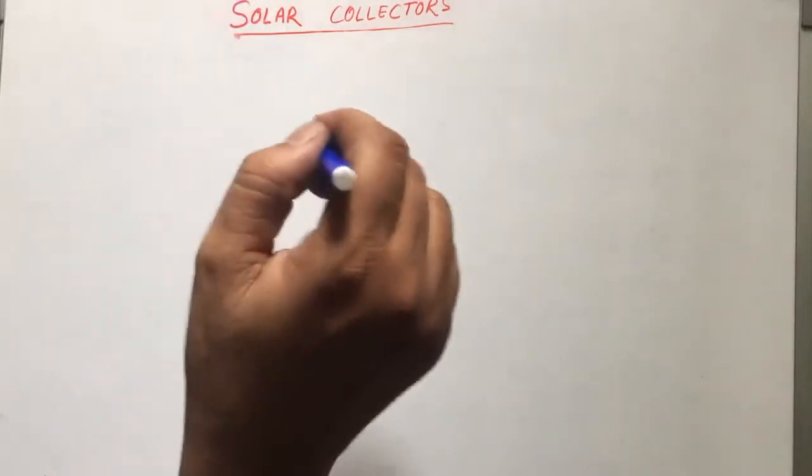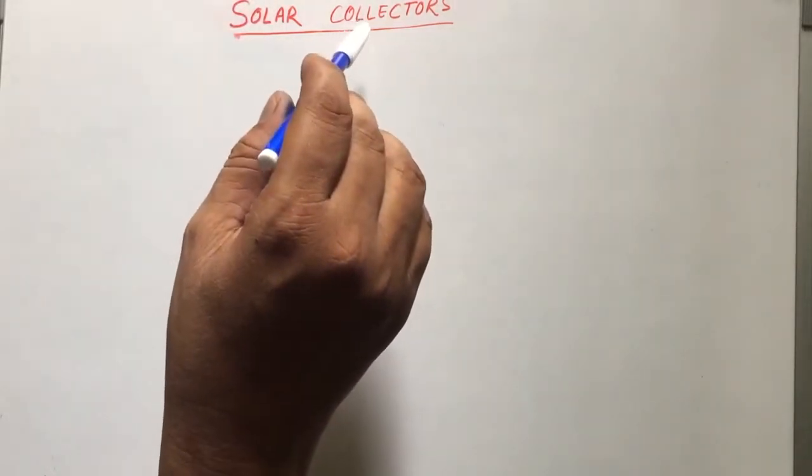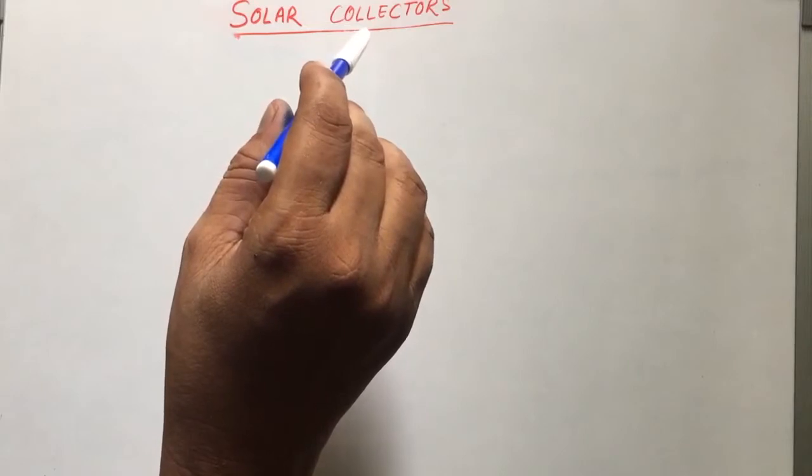Until now, we have studied the solar radiations and the energy available in them, and we have derived the relationship to obtain the energy in the solar radiations at any particular day, time, and location on the earth. And we came to know from the energy curve that almost half of the energy available in the solar radiations can be utilized in the form of heat.